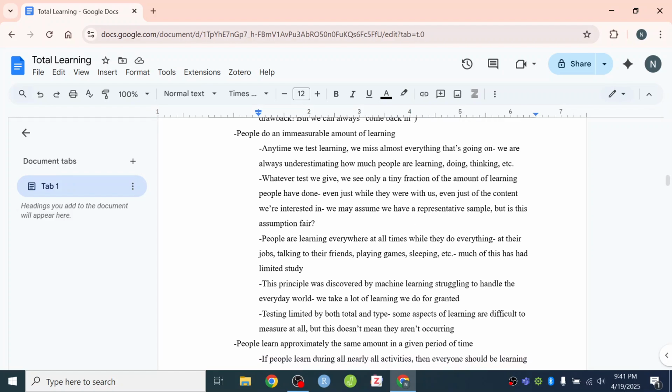Okay, now this is the next main implication. And this one, I think, is one of the more insightful, so to speak, or original implications of the total learning format. Again, the previous two, these similar points have been made elsewhere. But I maintain that one implication of total learning and the total learning construct is that people learn approximately the same amount in any given period of time.